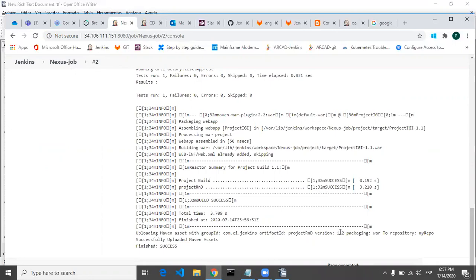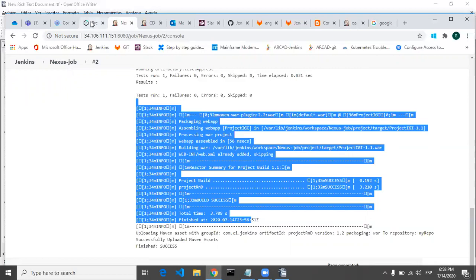So the 2 is nothing but the build number. So likewise you can trigger as many builds as you want, and once you are done with your versioning, then dynamically you can generate your war files.